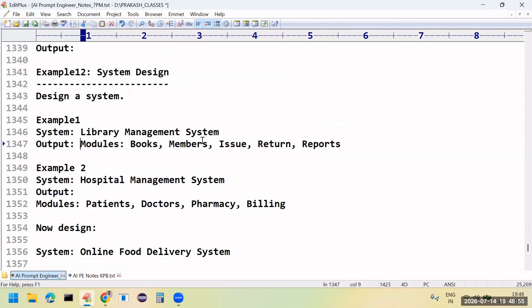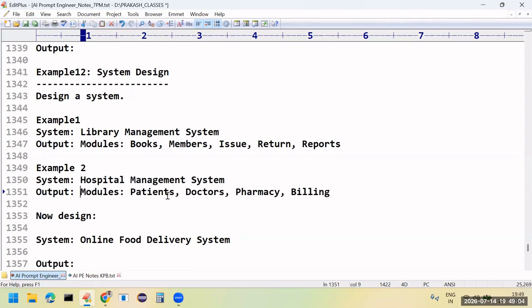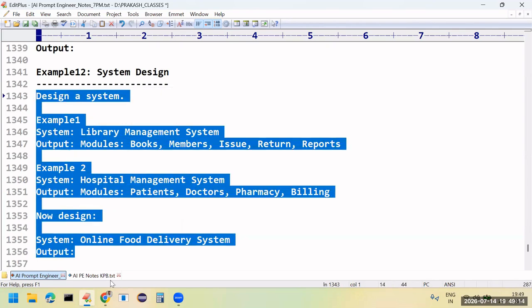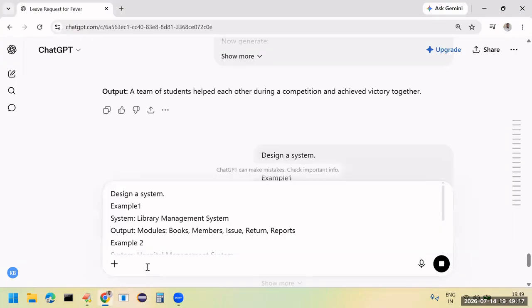What modules did they use? Books, members, issue, return, reports. Now take another project, hospital management system. What modules did they use? Patients, doctors, pharmacy, billing. Now, sir, I want to develop an online food delivery system. Can you please suggest some modules that I need to implement in that project?